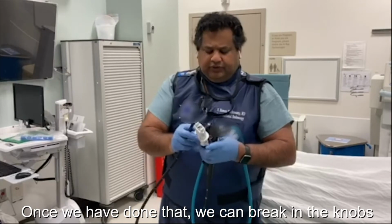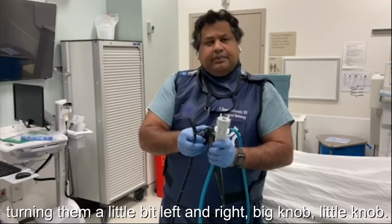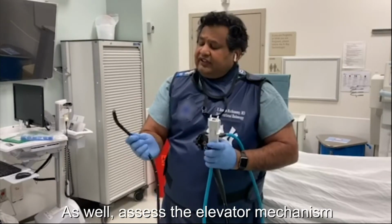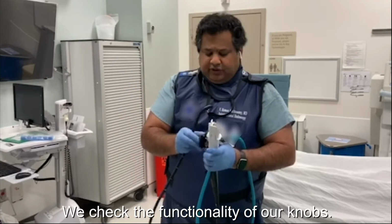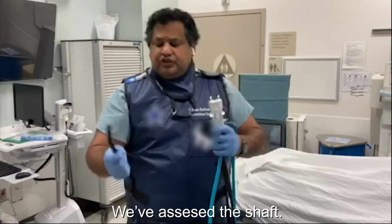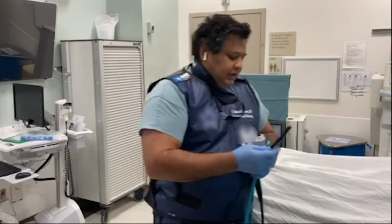And then once we've done that, we can break in the knobs a little bit, turn them a little bit left and right, big knob, little knob, and then as well assess the elevator mechanism, so check it going up and down, okay, as well. So we'll check the functionality of our knobs, okay. Once we've accomplished those things, we've assessed the shaft, we've looked at the tip, we've used the elevator, we've done the knobs here, we now then,